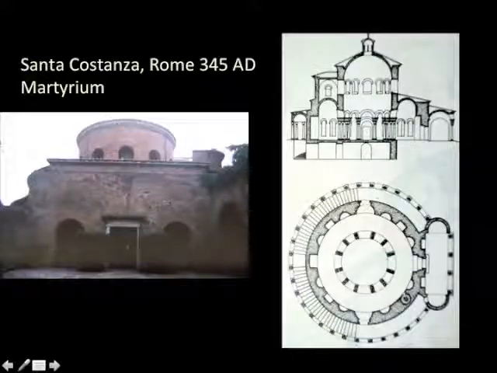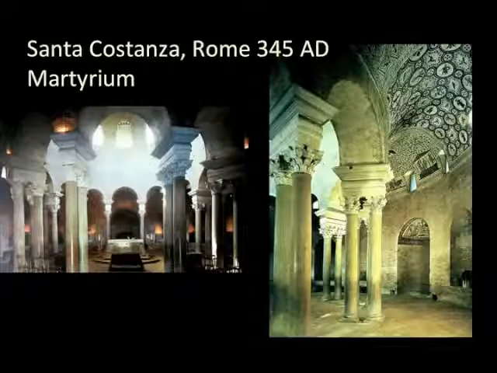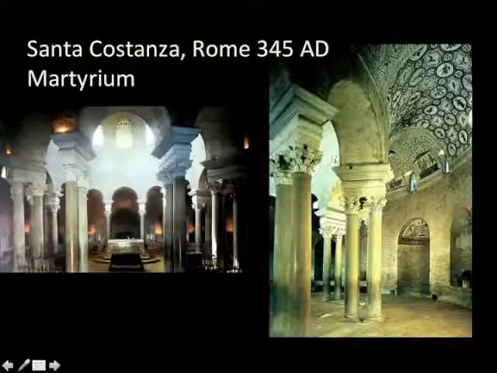And if you look at the section of Santa Costanza, it is the section of a basilica, but instead of being nave, aisle that gets extruded along a line, it is the notion of the ambulatory. That's this little circular aisle that gets bent around a center. And it's little, but it's beautiful. And there are all kinds of interesting things going on.